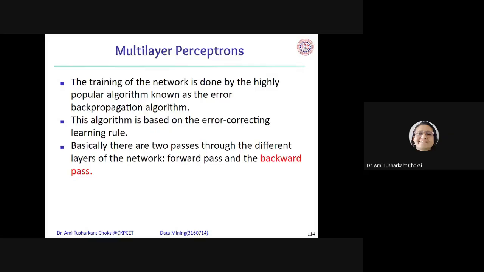See, till now what we have seen is we give the input, it goes with the weights and inputs to the summer, then the activation function is applied, and then we get the output. Fine. Now what we want is, whenever there is an error, what is the error? That is the difference between the desired output and the actual output, right? Till now, we were correcting the weights, right?